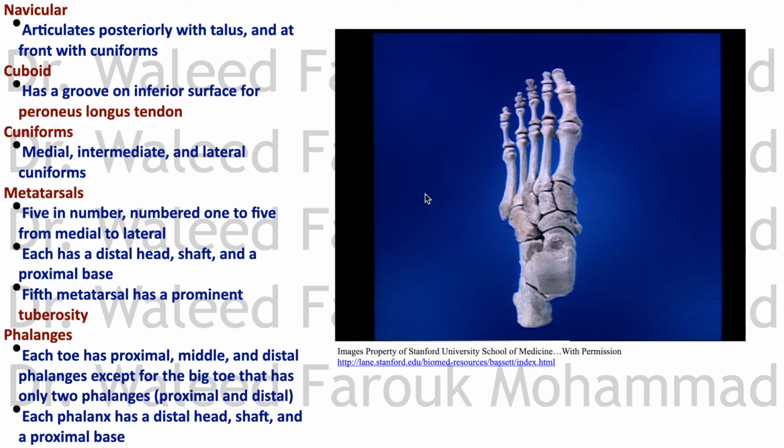The phalanges: each toe has 3 phalanges, proximal, middle, and distal, except for the big toe, not the little toe. The big toe has only 2 phalanges, the proximal and distal, and as I told you before, it has a proximal base, shaft, and a distal